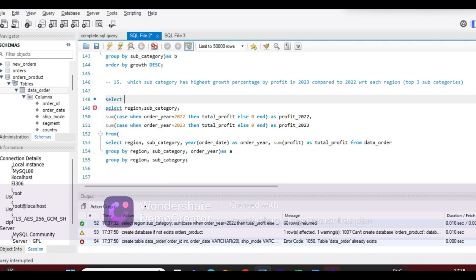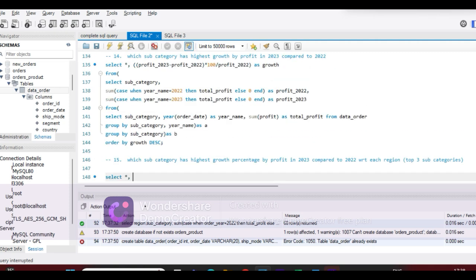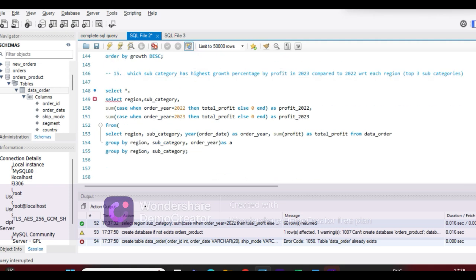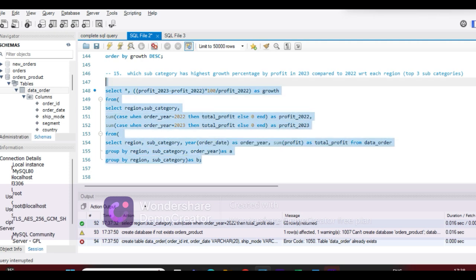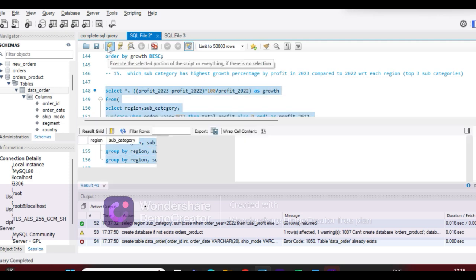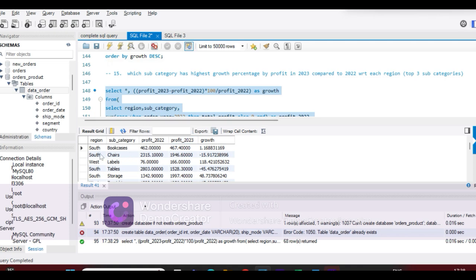Select everything from below and we will copy this from here to here and done. We will give it an alias as B. Now let's run this and see the output. Okay, so for south we have the growth percentage done,